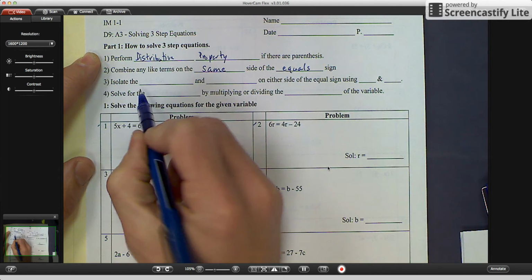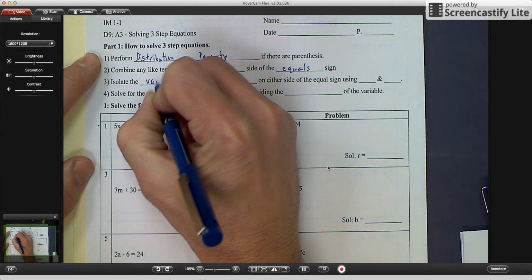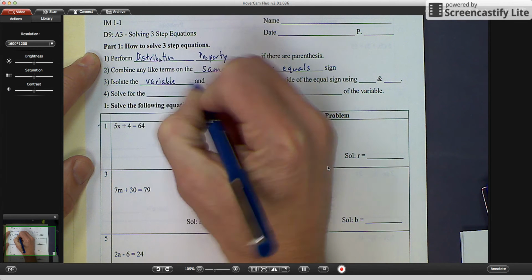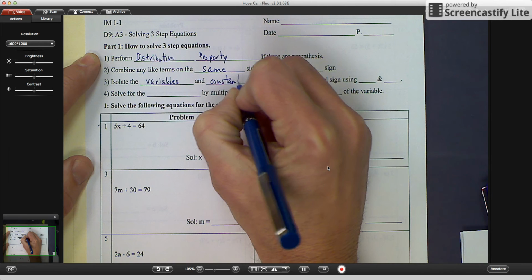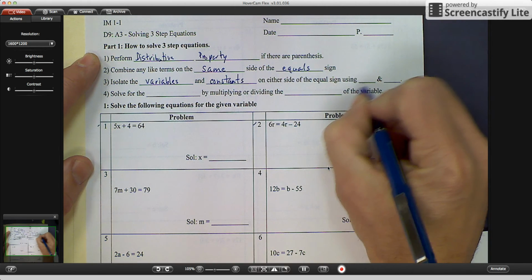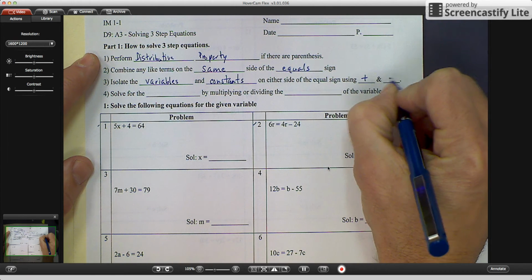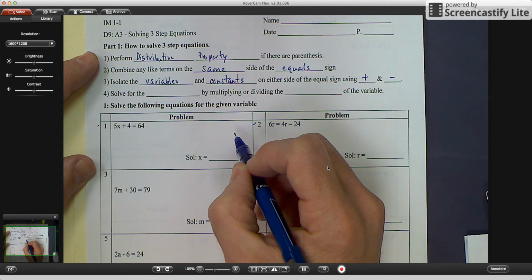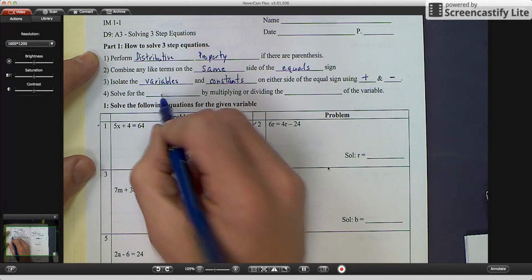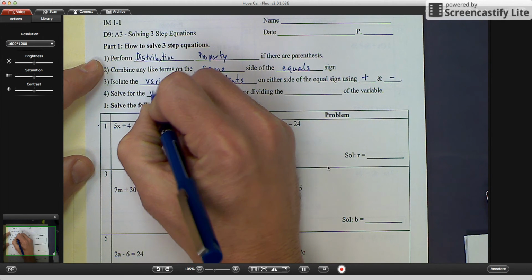Third step, isolate the variable and constants on either side of the equal sign using, we're going to talk about addition and subtraction there. So we're going to either add or subtract variables and constants to get them on opposite sides of the equal sign. The next one says solve for the variable